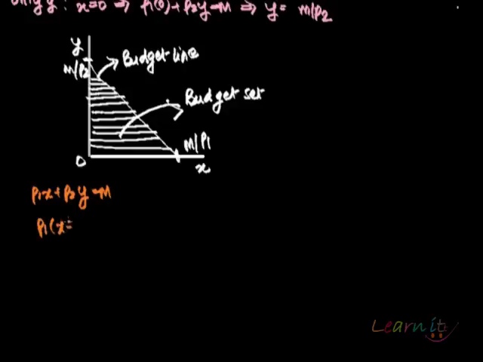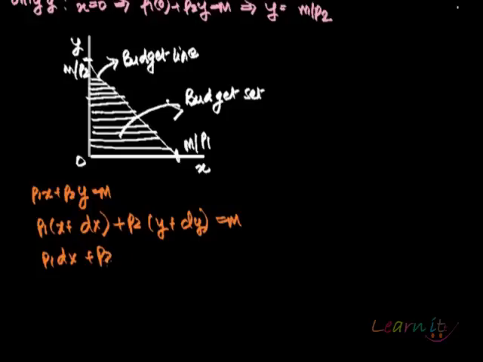So if you change the consumption of x by dx and of y by dy, this equation still has to be satisfied. If you subtract the first equation from the second, you get P1 dx plus P2 dy